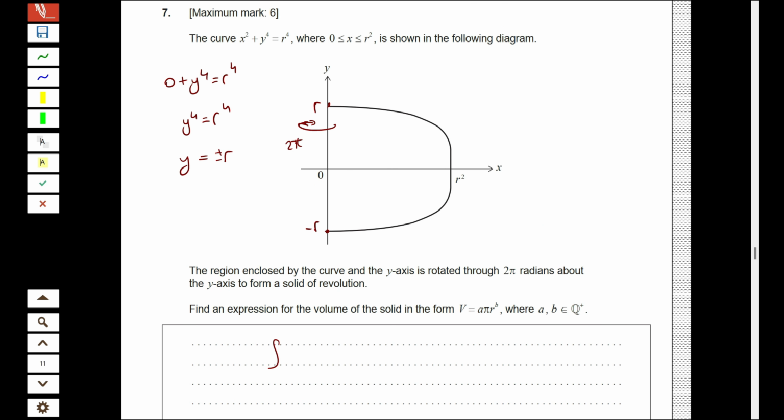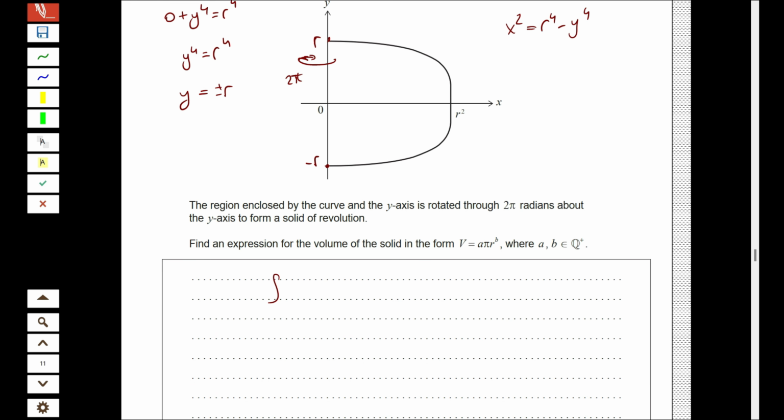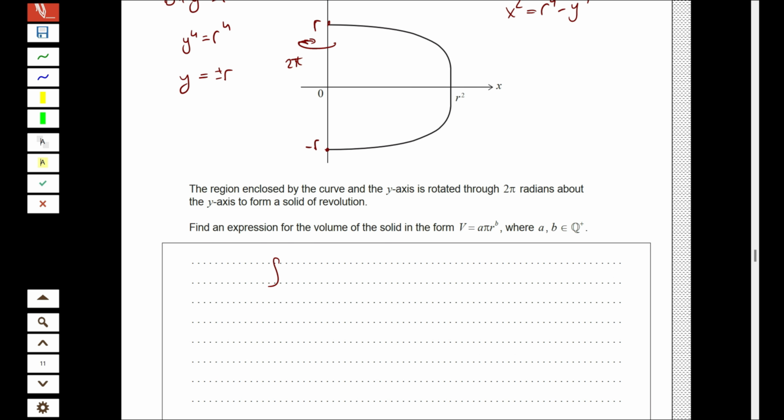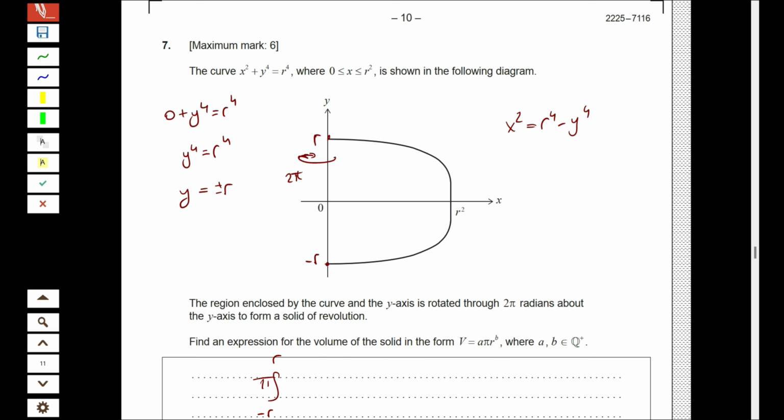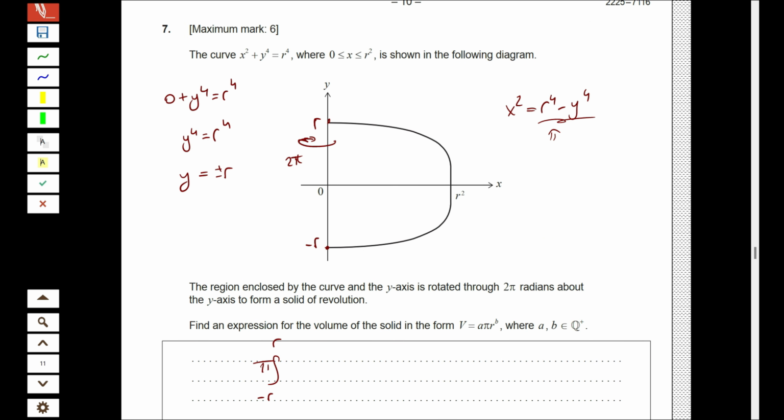Since we are rotating about the y-axis, we can write the relation in terms of y, which is going to be x squared equals r to the power of 4 minus y to the power of 4. When you write the integral, there's a pi outside of the integral, and the limits are from minus r to r. We write the relation and the square of this relation, which is in terms of y, and here there's the square of x. It's like a function which is written in terms of y,